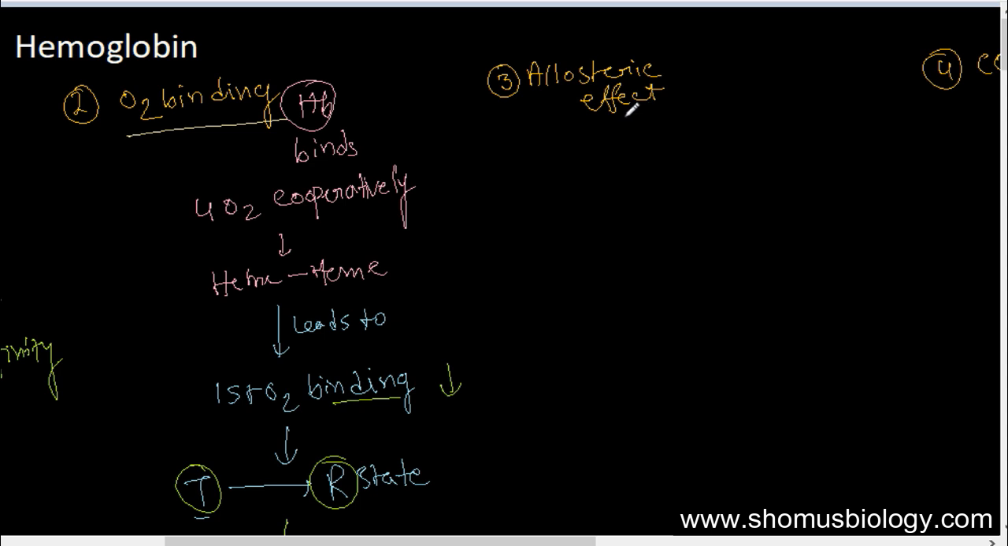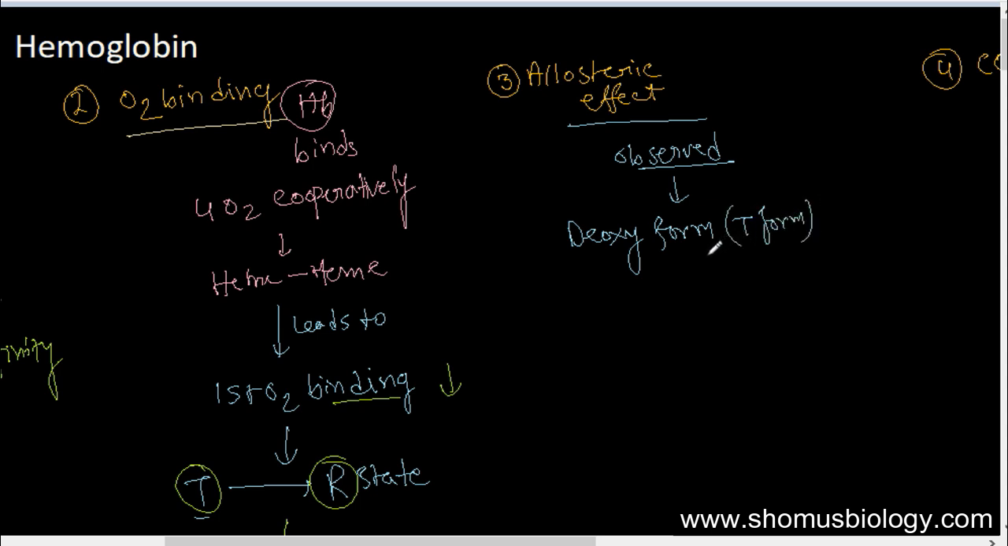Now let's talk about this third one, the allosteric effect. The allosteric effect is observed only in the deoxy form, or T form, of the hemoglobin, not in the R form. So what kind of modification are we talking about? Allosteric modification means this T form